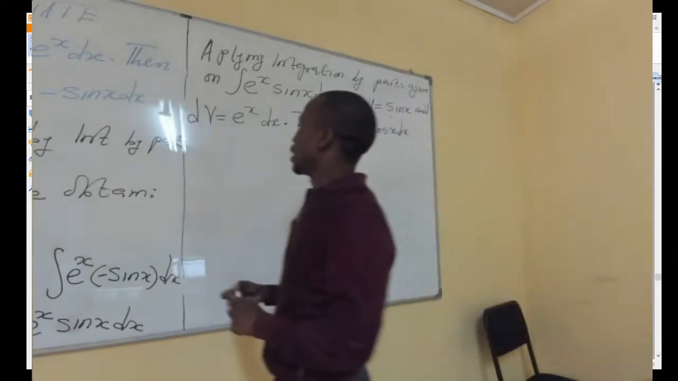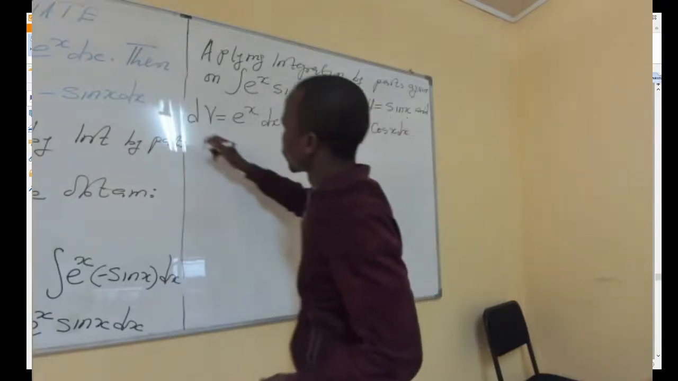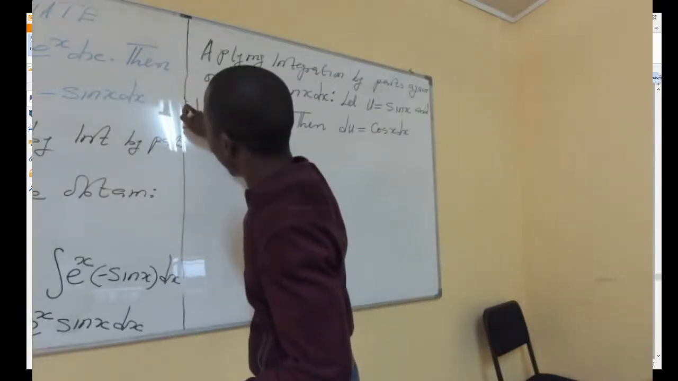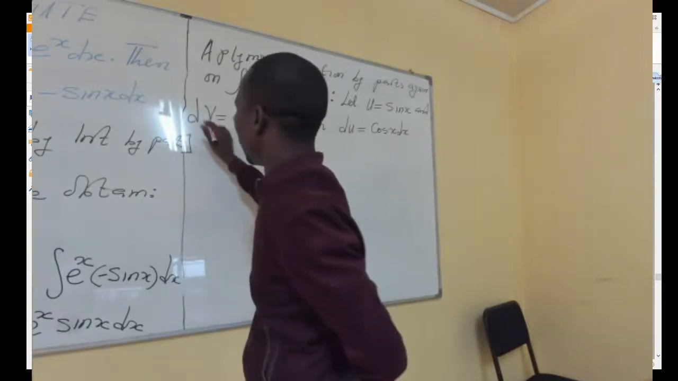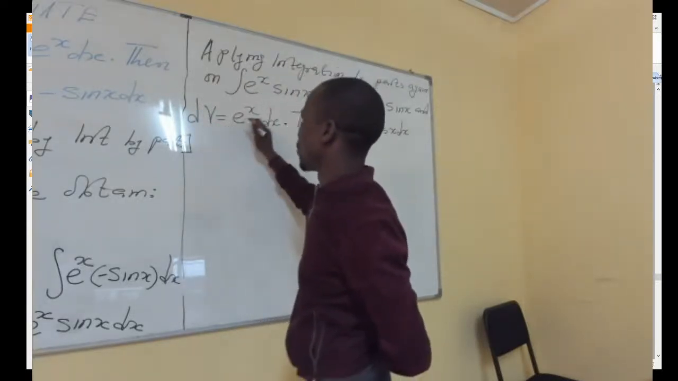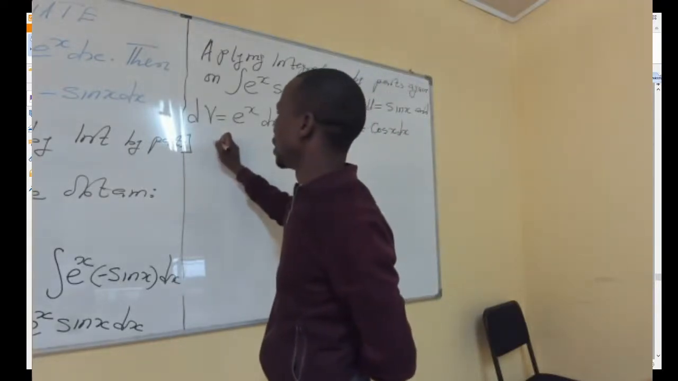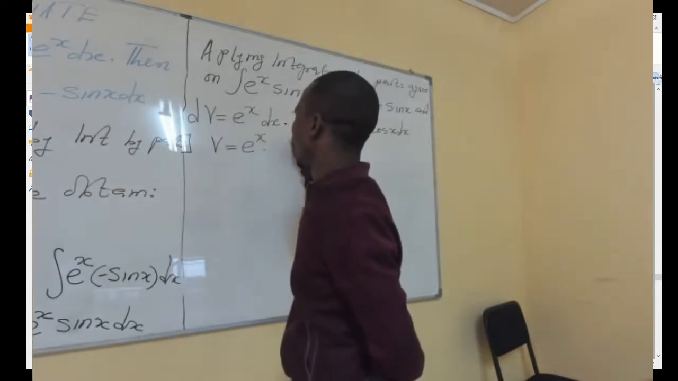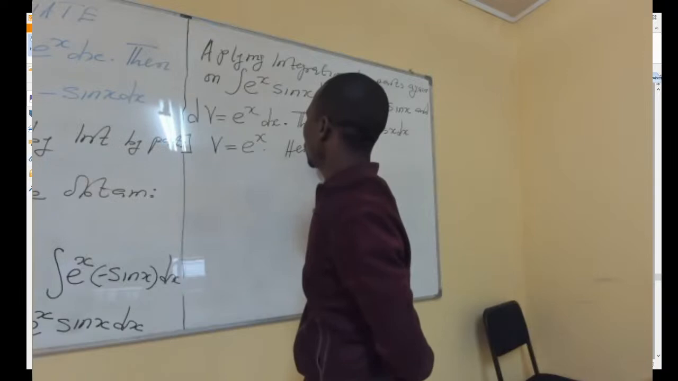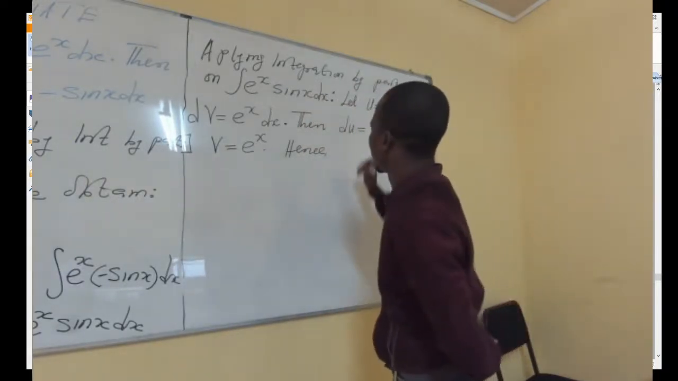And the derivative, when you integrate this, here you need to differentiate. In the other part, when you integrate the dv, which is equal to e to the power x dx, you integrate both sides. What you're going to get is your v will be equal to e to the power x. Hence, when you substitute, hence,